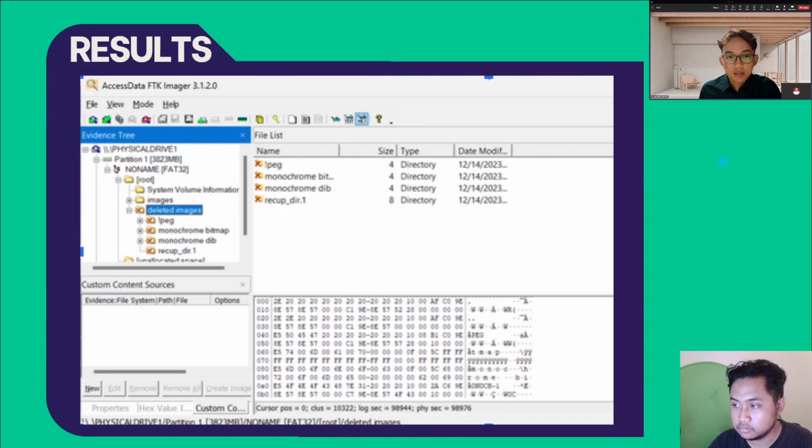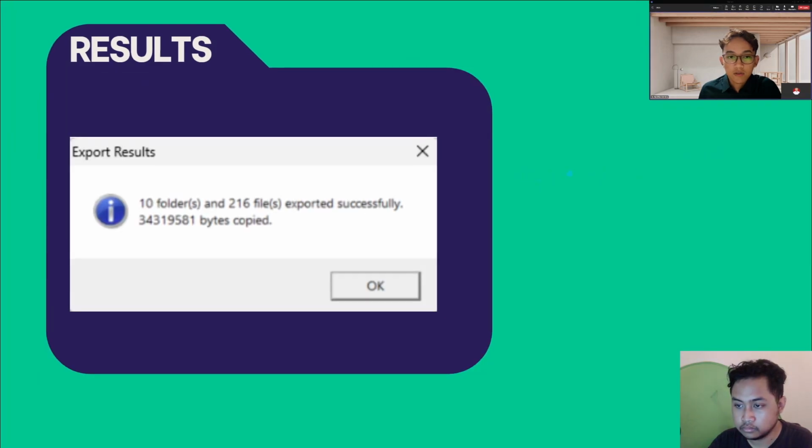And next slide, please. So after we export these deleted files into another folder, we can see that there are 10 folders and 216 files exported successfully, and around 34 megabytes copied. And next, please.